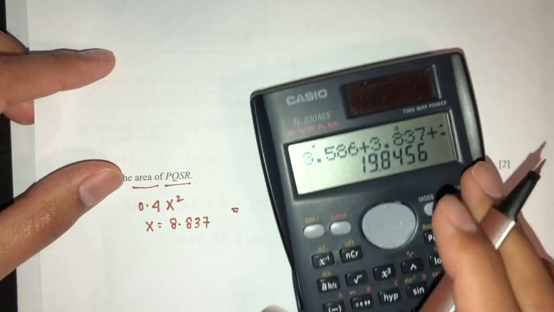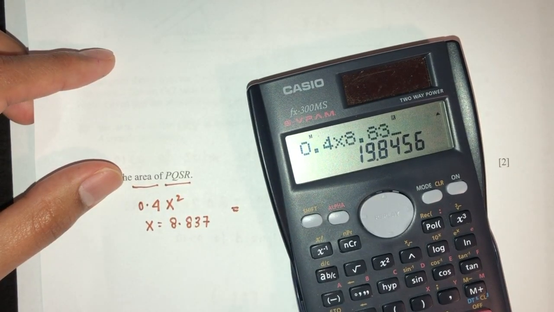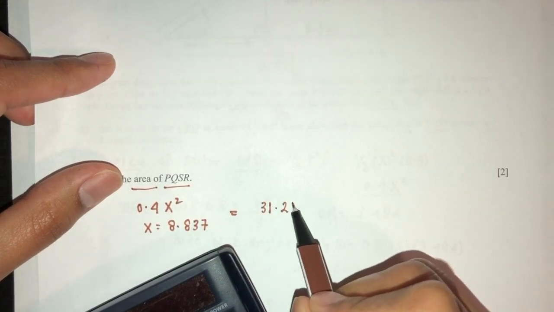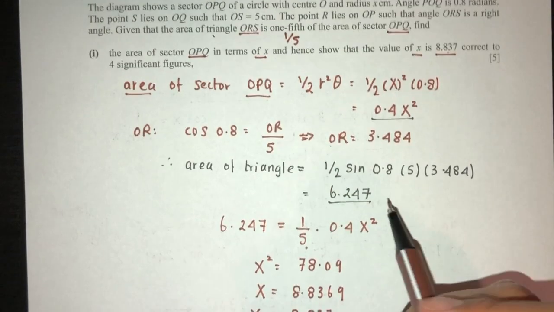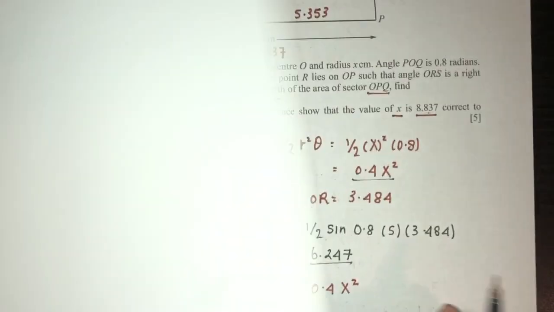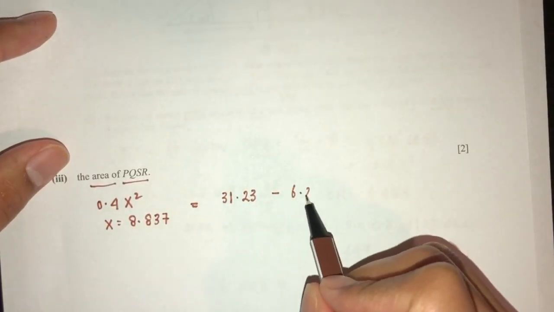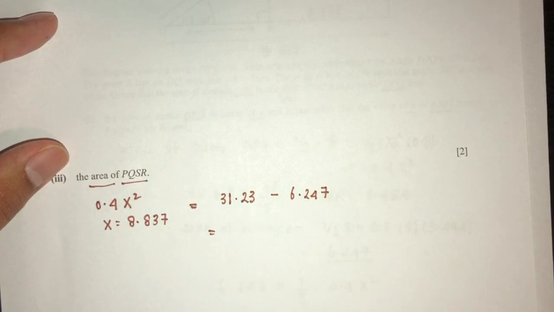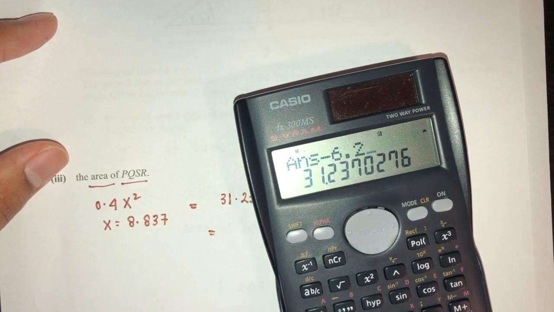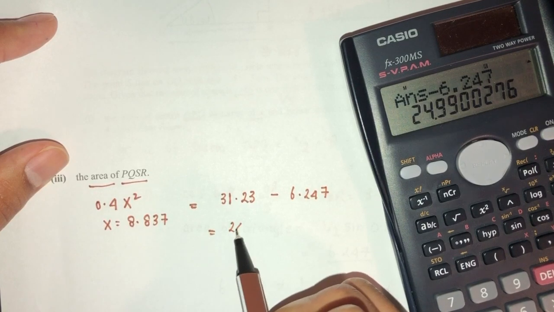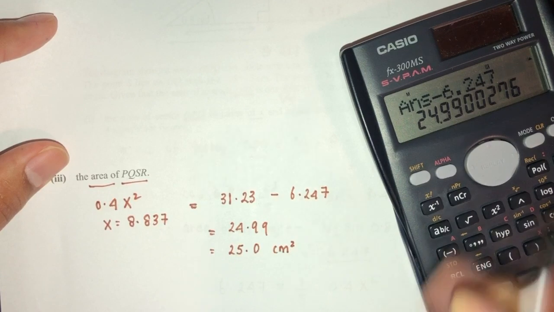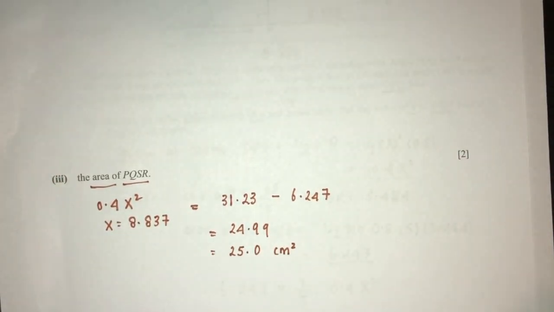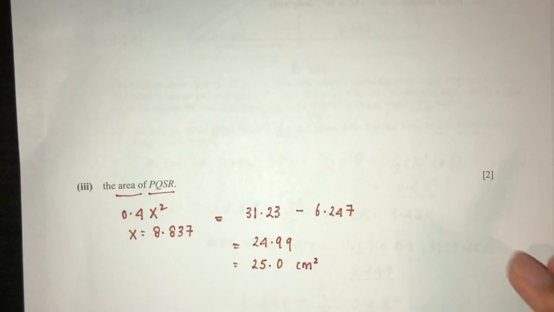Let's find that. 0.4 times 8.837 squared. That should be 31.23. Now we have to minus the area of triangle, as you can see. This is the area of triangle, 6.247. So minus 6.247. That will be 24.99, so 25.0 centimeter square. So it's always best to write how you find your answer, because it helps the markers to